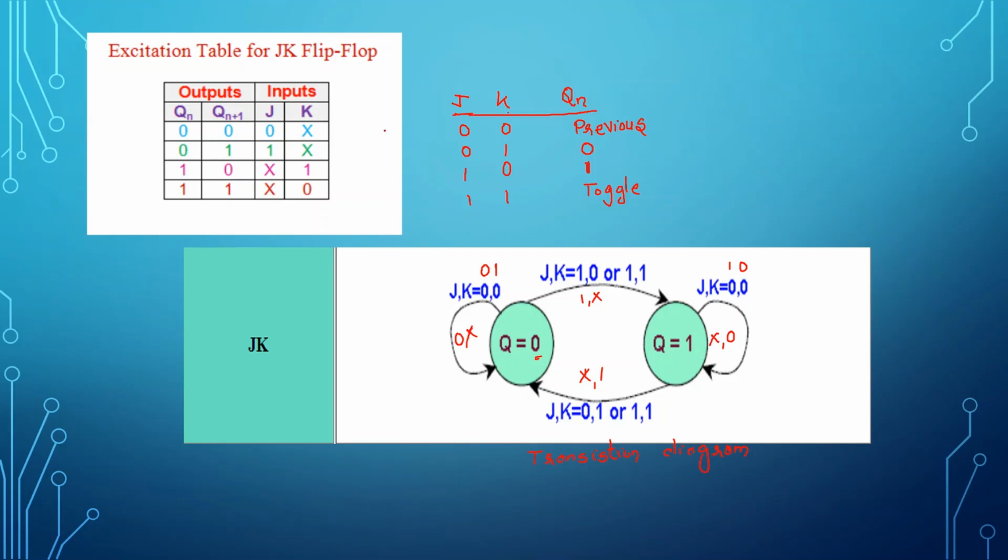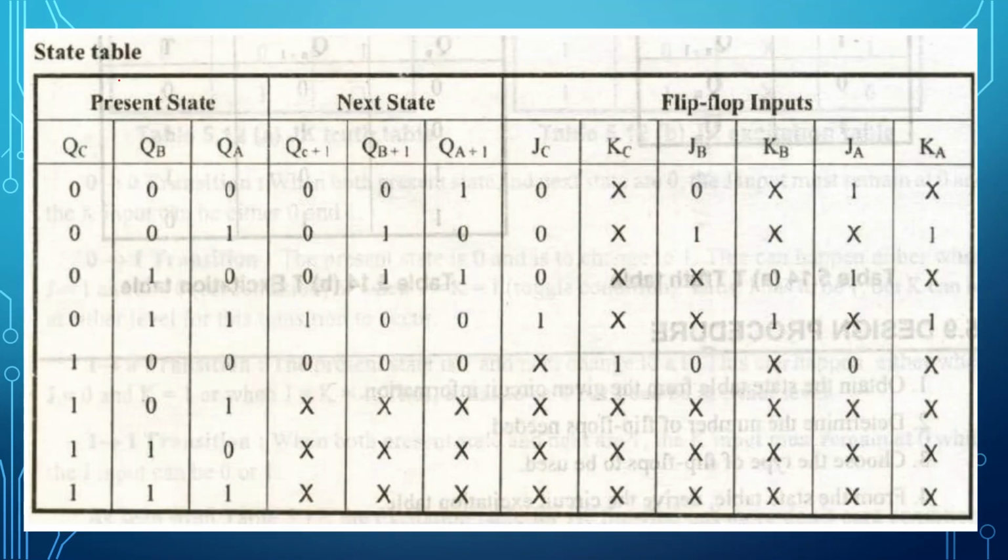This particular table is very important for the design purpose. I need to know this table if I am designing any flip-flop or any counters using the JK flip-flop. This is called the state table of the counter. So this is easy. The table looks bigger, but it is easy to remember. Okay.